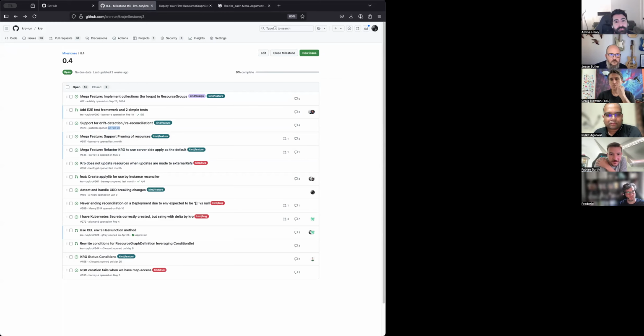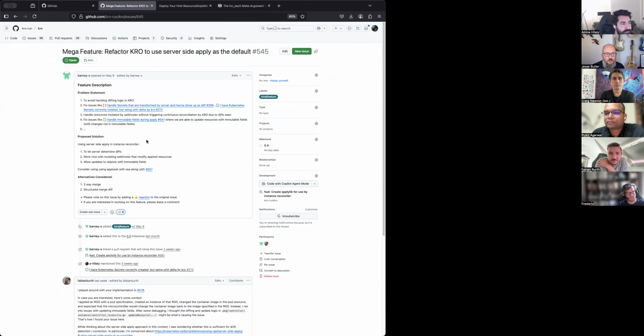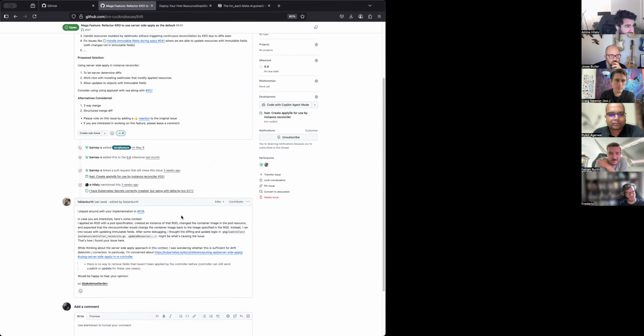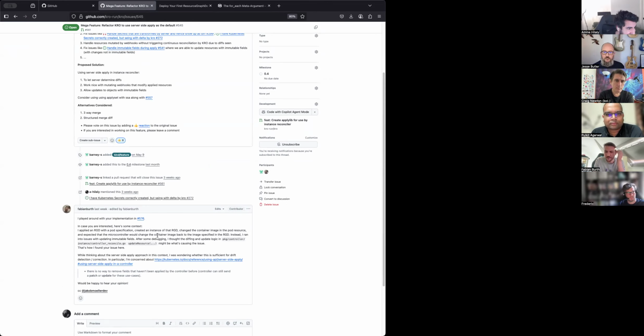Quick question, if I might. I think there's the mega feature to refactor Crow to use server-side apply. I think this might be related to the drift detection, or it might have some interactions with it. Yeah, you may see I already commented on it. I was wondering if server-side apply would be sufficient to determine whether there was a drift, or whether it would be able to correct all the drifts.